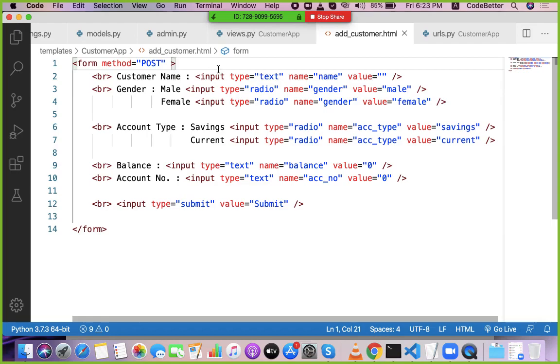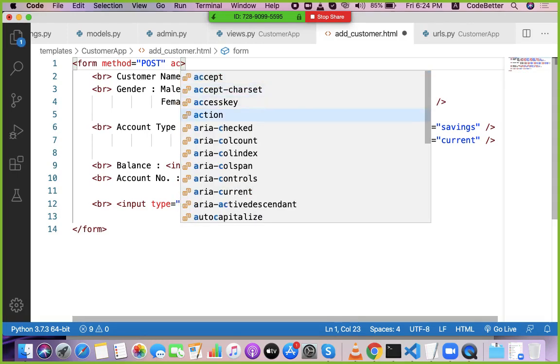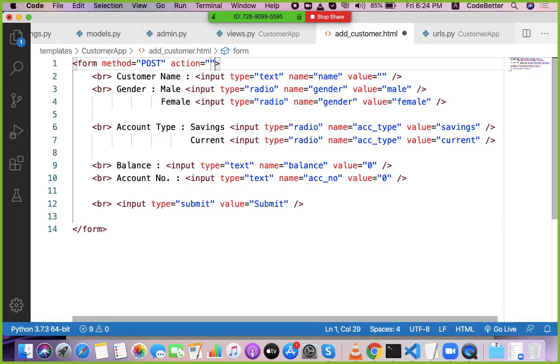So we will make some code in the views section to receive this form data and put this data in the database. So let's say the name of the code and the URL of that code views function is add. So we pass that name in action part. That add function will handle this data.